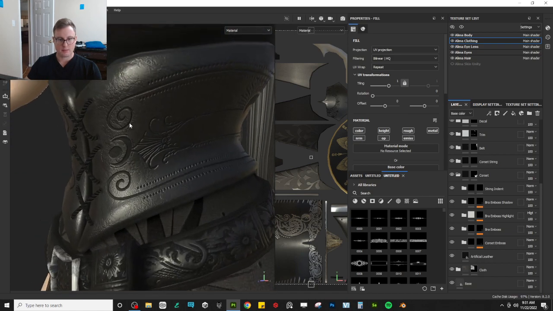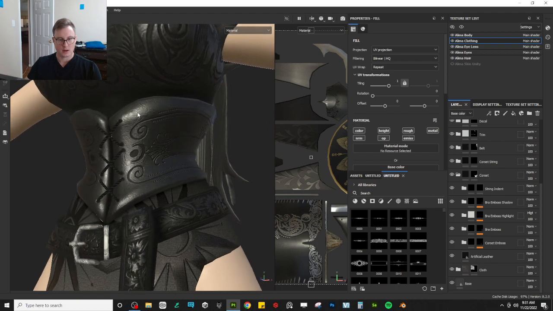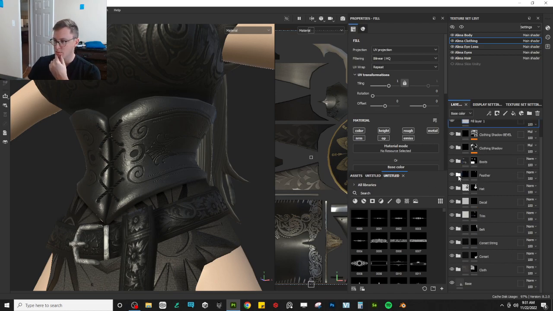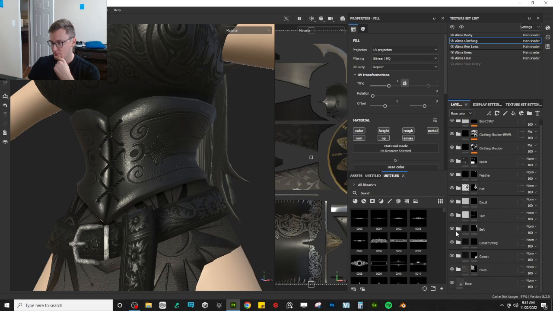Now we kind of want to do the same thing with this corset spot here. And then I think try to get some sort of edge made for the corset because it's kind of plain towards the edges. So what would be best to do that? We do already have a bevel for the full body, so I think we can just reuse that. Where did I put that? That would be,